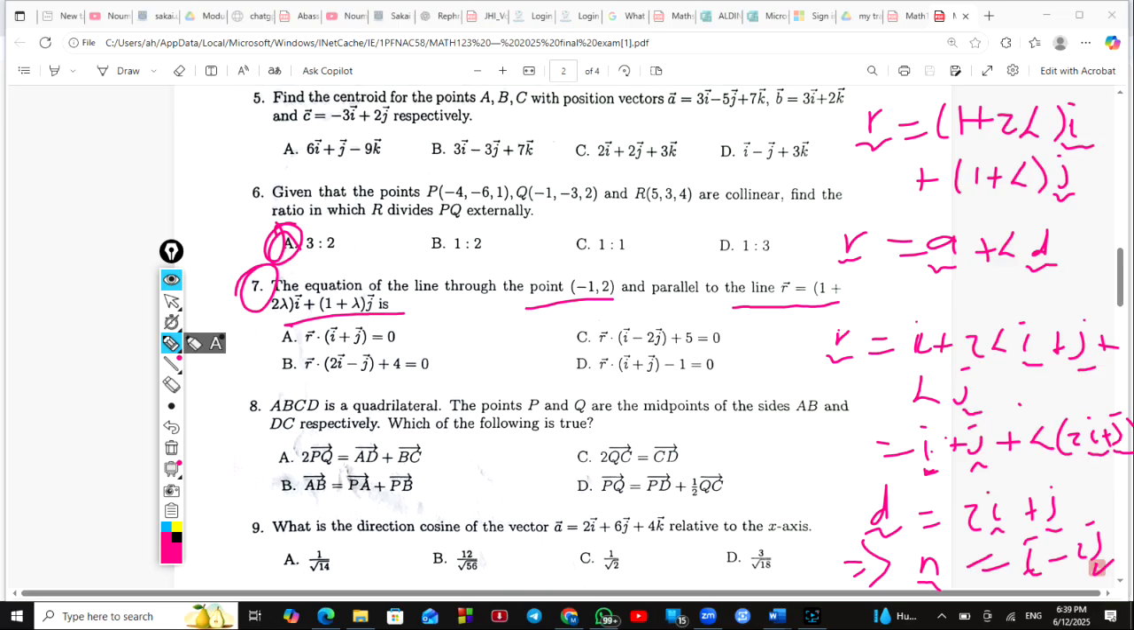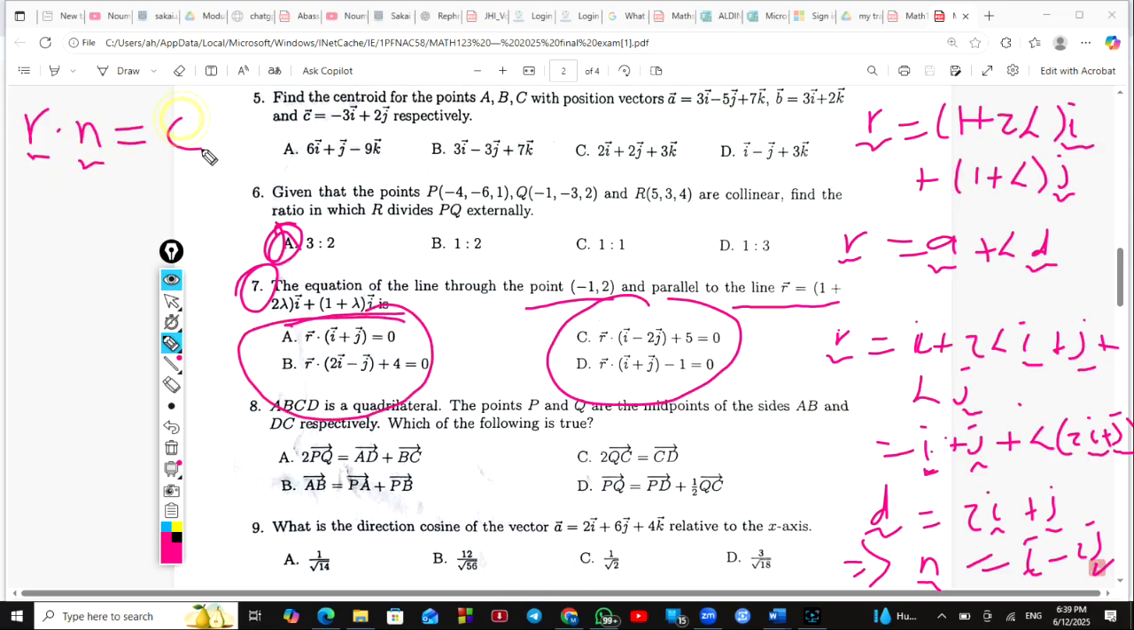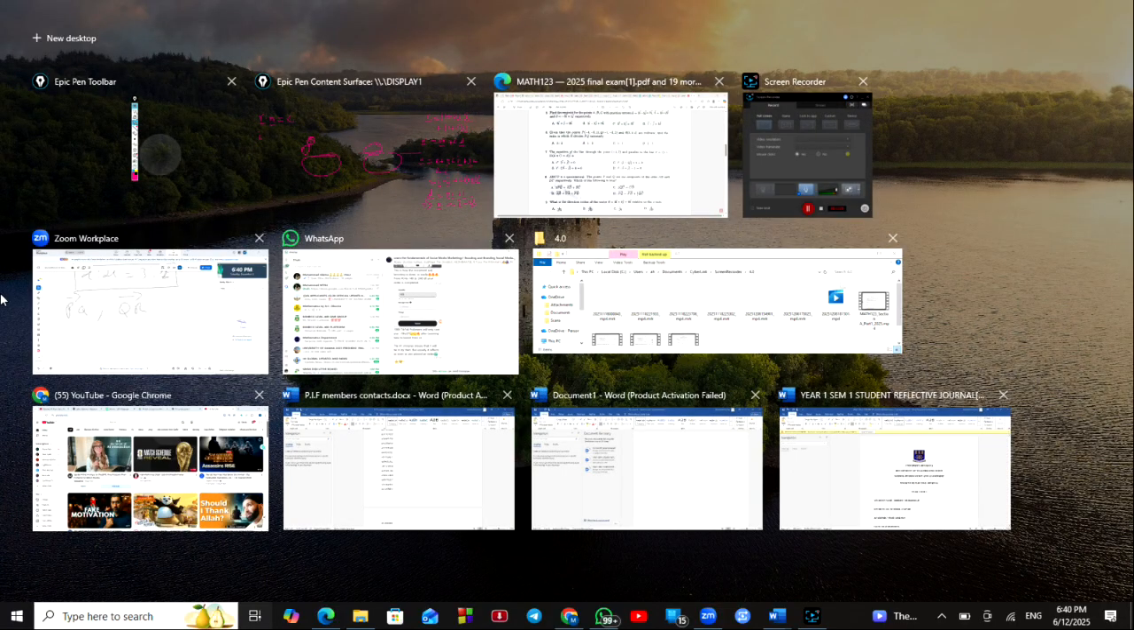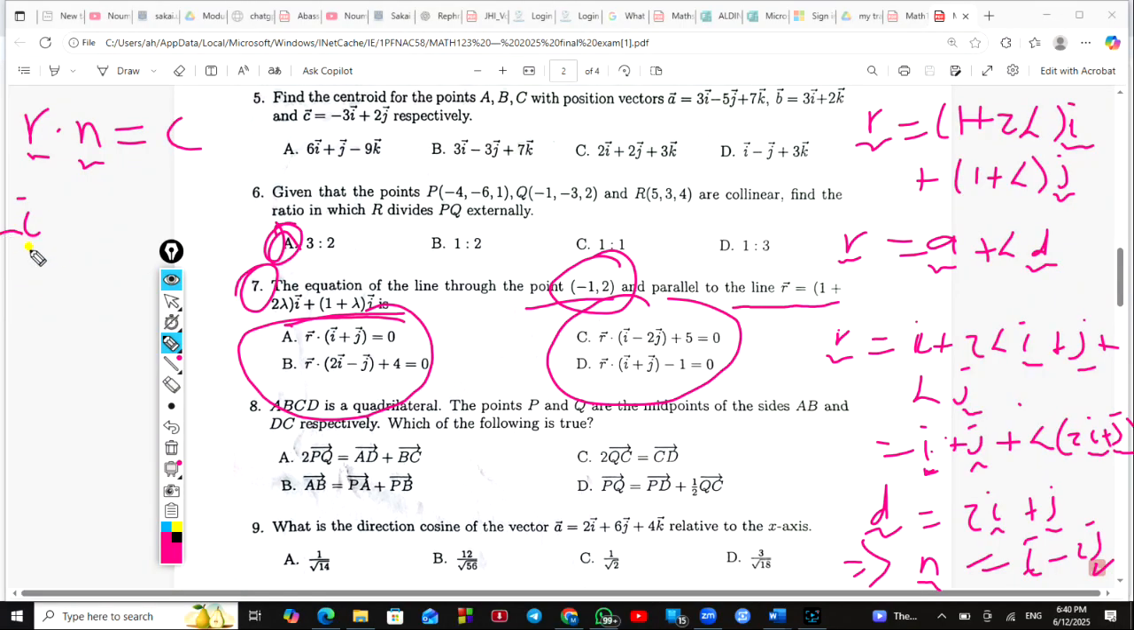Okay, so we know that the normal form of an equation, as you can see, everything here is expressed in the normal form, which is r dot n equal to c. Where r is any point on the line, and we know that that line passes through this point, so we can say that negative I plus 2j is the same as negative 1 comma 2. So this point, if we dot it with the normal vector, which is the same as this because they are parallel,